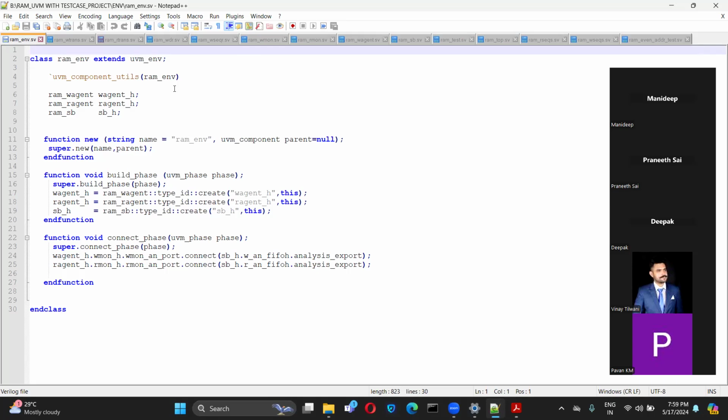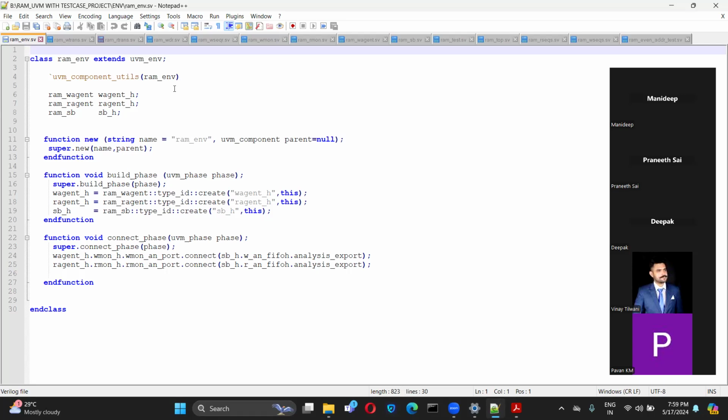Using that information, suppose in this particular testbench we have something called write driver. But I have one more agent with something called read driver. If I want to replace this driver with the other driver, you have to do it manually.